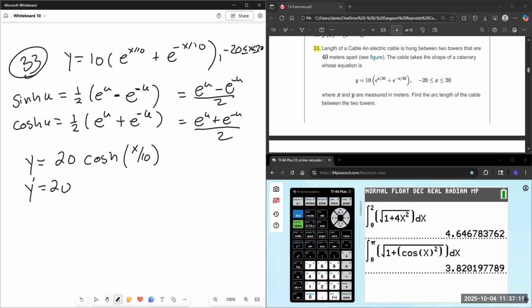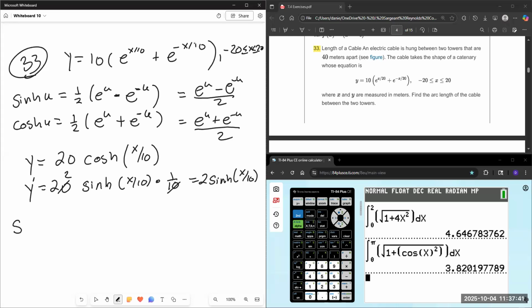So leaving the 20 constant multiplier alone, the derivative of hyperbolic cosine is hyperbolic sine, and then the chain rule: the derivative of the outer function times the derivative of the inner function. The 10 cancels with 20 and makes it 2. So this is 2 hyperbolic sine of x over 10. So now when I want to